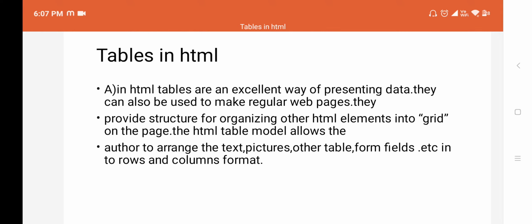Using the tables concept, you can display content in a grid format, in a tabular format, with fixed width and fixed column cells. That is very easy for the viewers if you are displaying content in a tabular format. So finally, using the tables concept, we are displaying content in a grid format.